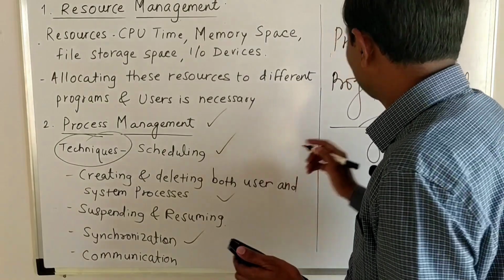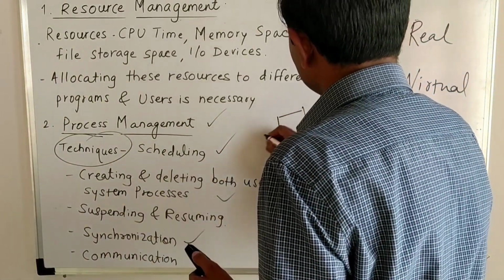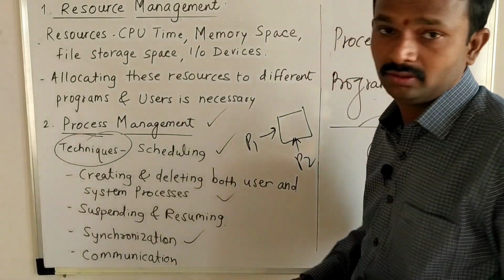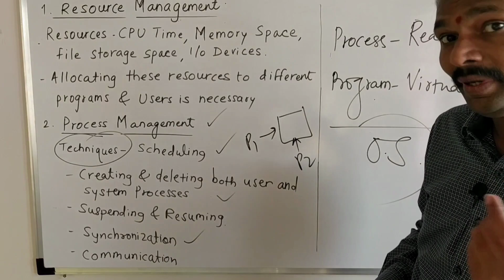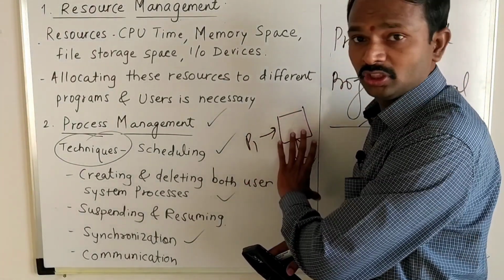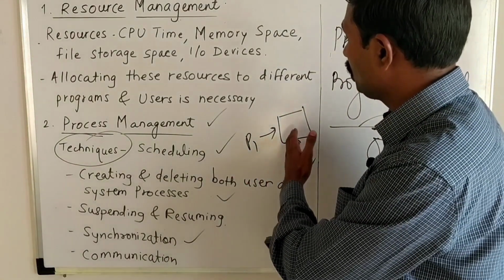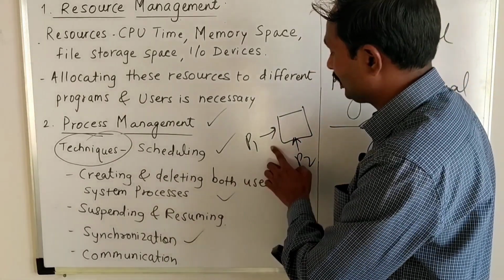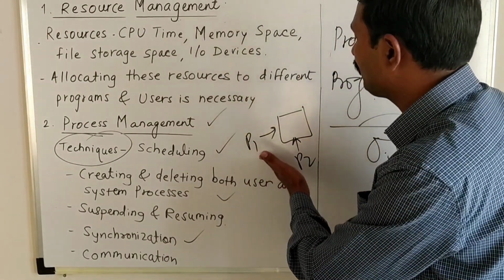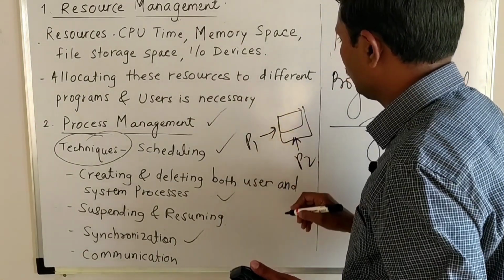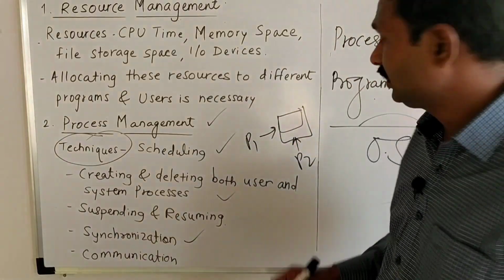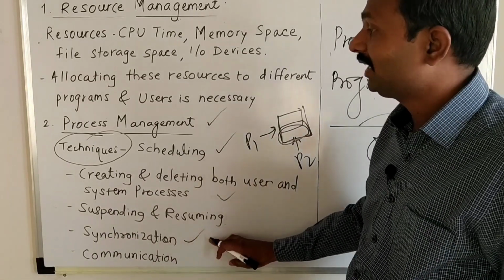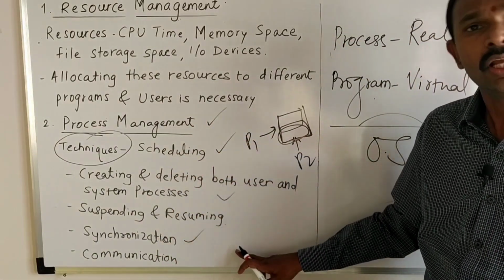It means that, let us say, there is a resource. Now P1 wants to access it. In another case, P2 wants to access it. At a time, there should not be more than one process that wants to access a shared resource, and that is what is known as synchronization of the processes. So at a time P1 will access a shared resource. Then after P1 has finished accessing the shared resource, P2 will start accessing that shared resource. This is known as synchronization of the process. This is what is included in process management.